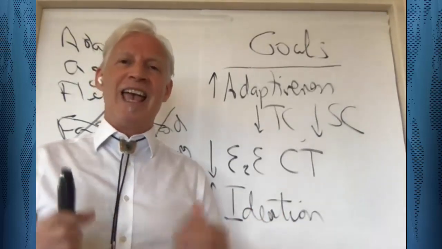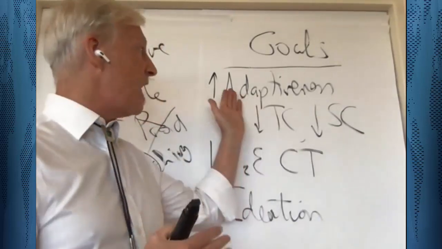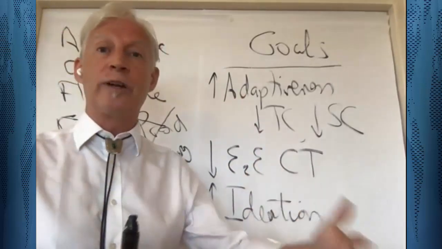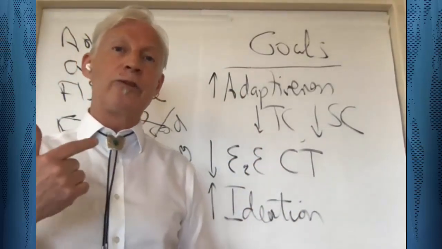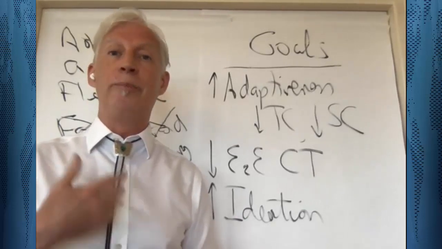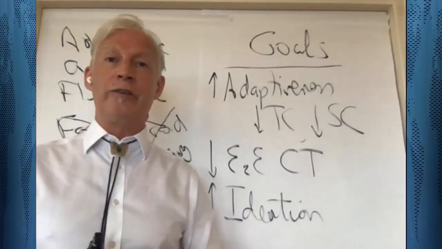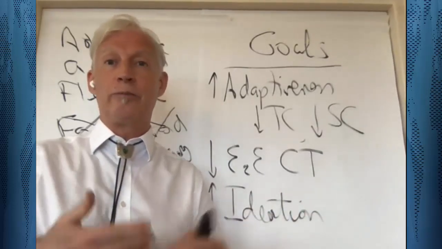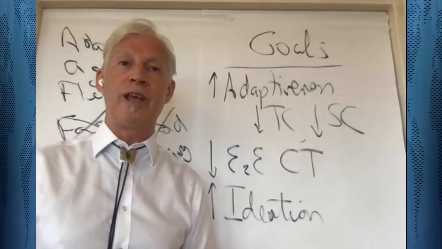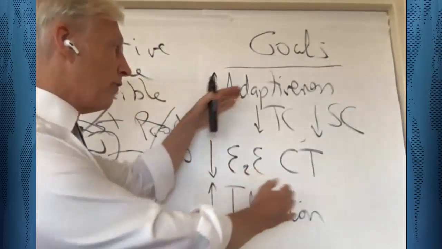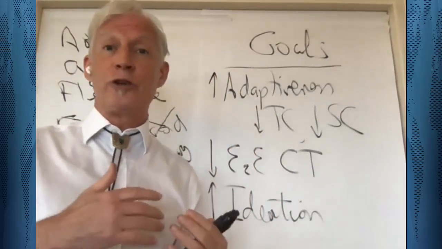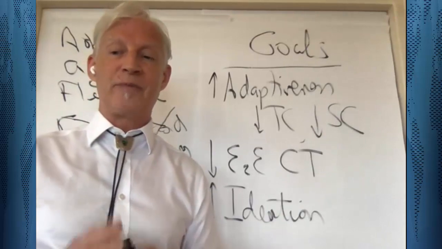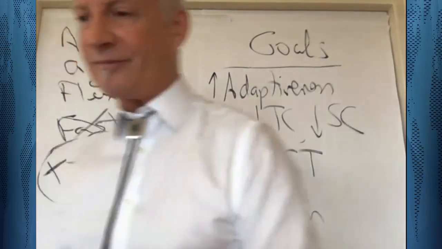What do I mean by that? In other words, we're not trying to create adaptiveness for its own sake, or low cycle time for its own sake, or ideation, et cetera, for its own sake. It's really in the service, ultimately, of what I call business objectives, such as increased market share, increased return on investment, et cetera, because bottom line, the company needs to stay in business. And so these, let me call them internal goals, should ultimately be connected strategically to being in the service of some business objective. That's the second point that I want to make.